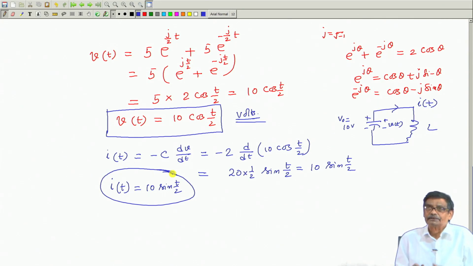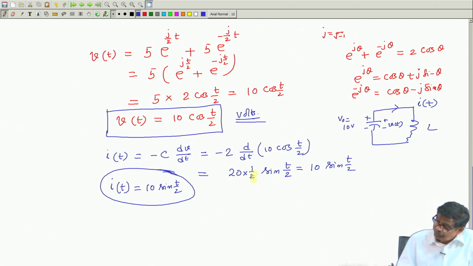See, just application of the rules I have derived. I have never multiplied with multiplying factor, integrating factor; those are things of the past now. After I have learned how to solve a differential equation, you can analyze the circuit and find out the characteristic roots, forcing function, in this case it was like that. So, if I now sketch these two things, what will be the nature of the solution?